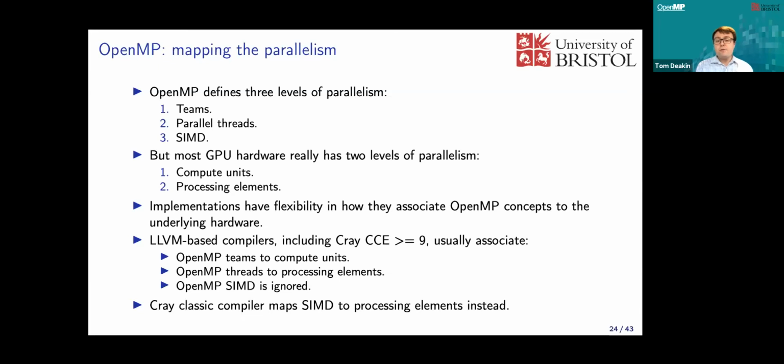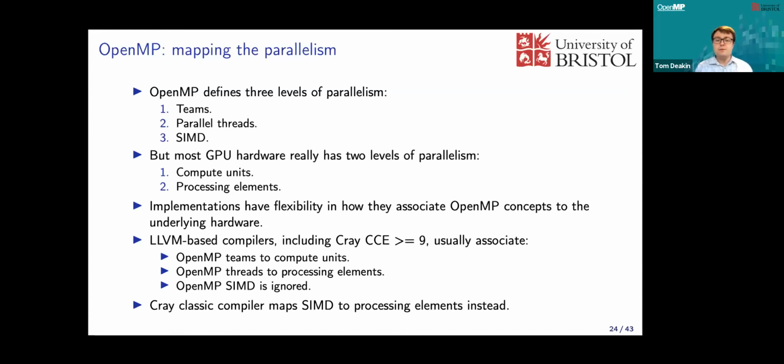This is true of the Cray compiler since version 9, CCE 9 and above. And today we've all been using CCE 10. So these things apply for the compiler as well. Now, obviously, LLVM is still developing its Fortran capability, and Cray have helped there. And they use their own front end and some of their own OpenMP runtimes for their compiler with Fortran and